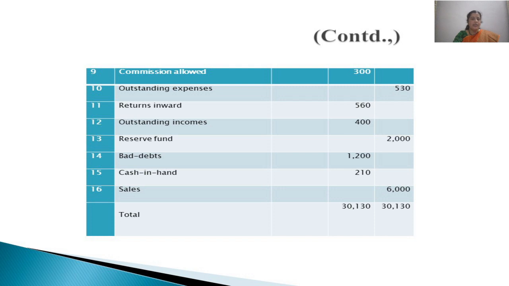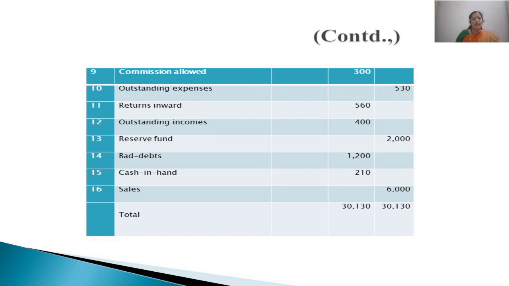Or else if you treat it as a real account, that is a goods account. In case of sales, goods are going out, that means credit what goes out. So in both the cases, even if you treat sales account and even this purchases account either as a real account or nominal account, the treatment will be the same thing.